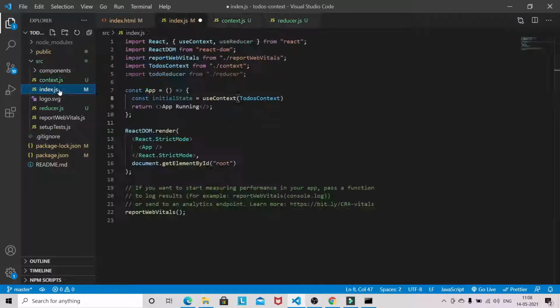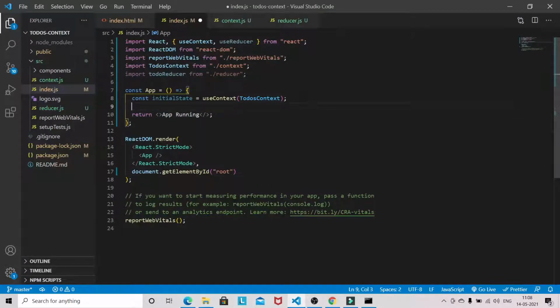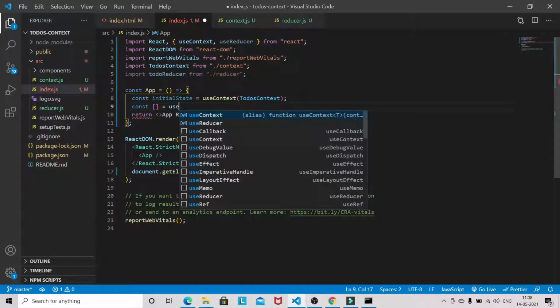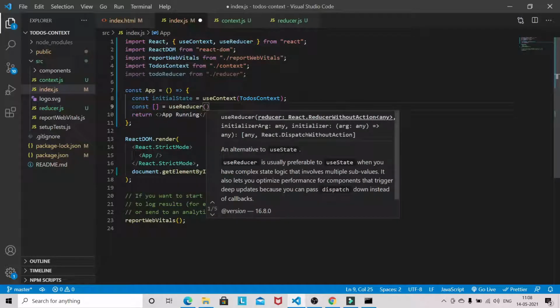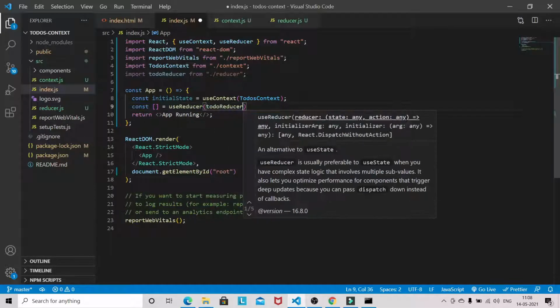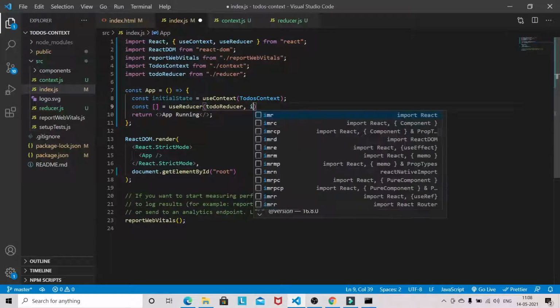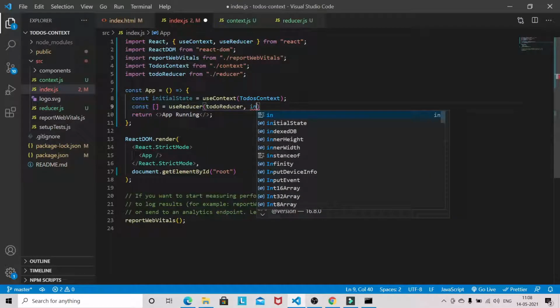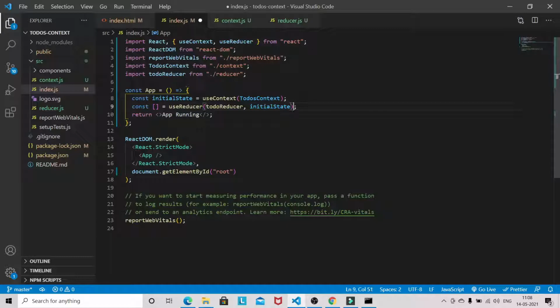Okay, so now const useReducer, to-do reducer and initial state, the state which we are receiving from the context. Here will be state and dispatch.